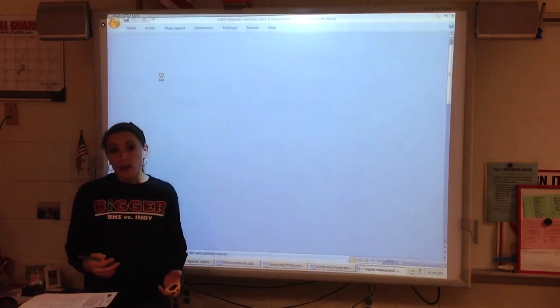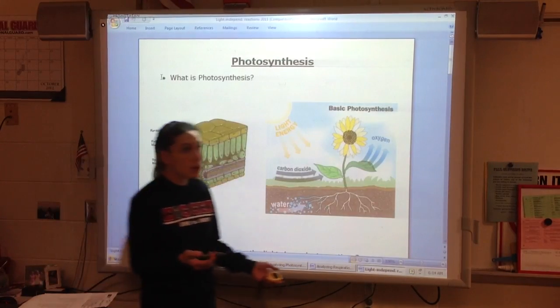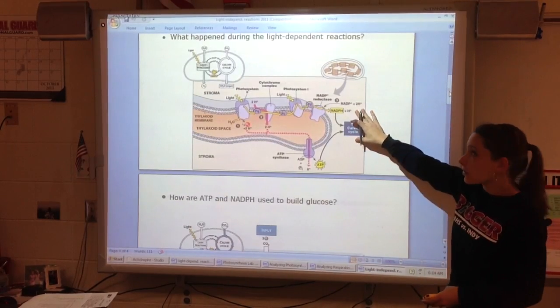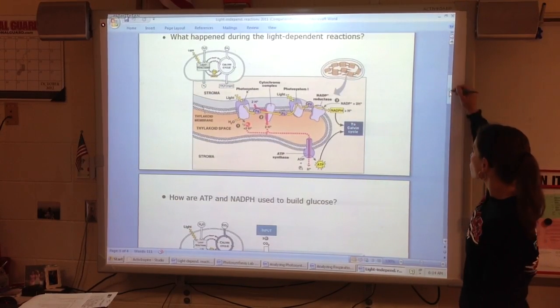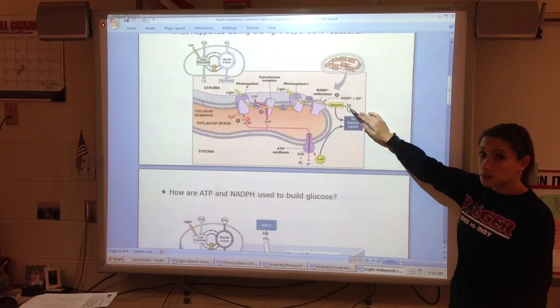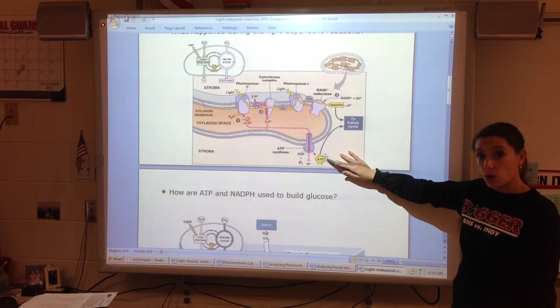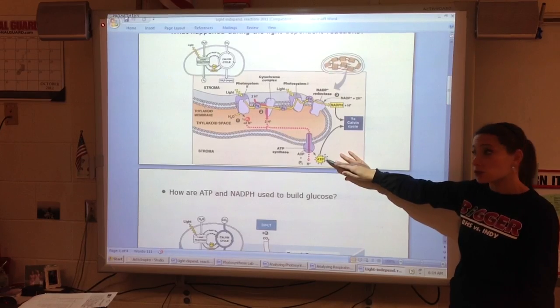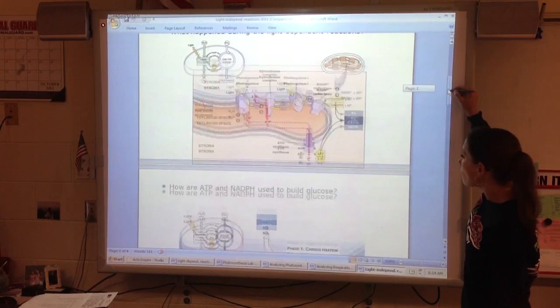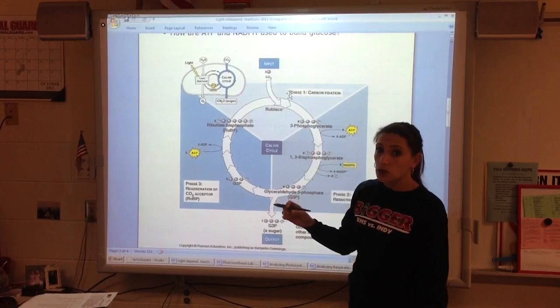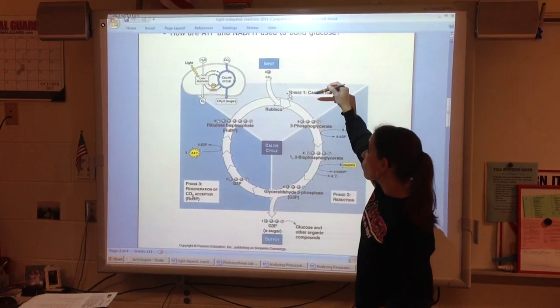We absorbed light, we turned that light into chemical energy, and then we went to the Calvin cycle. So the light-dependent reactions produce NADPH, our electron carrier, and ATP, our other form of cellular energy, so the cell can do work. And those were sent to the Calvin cycle, where we fixed or secured carbon into an organic